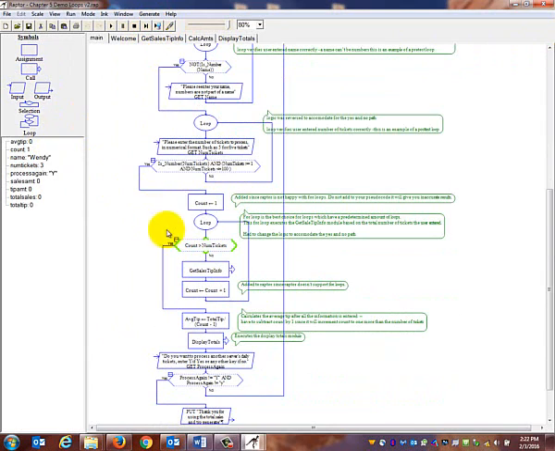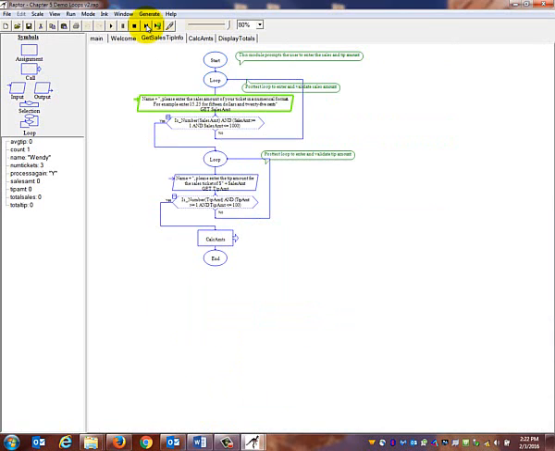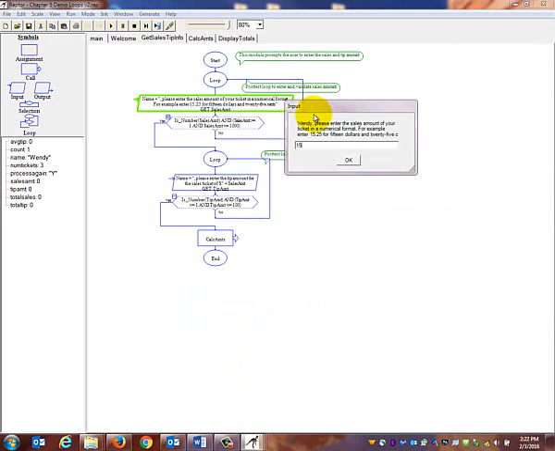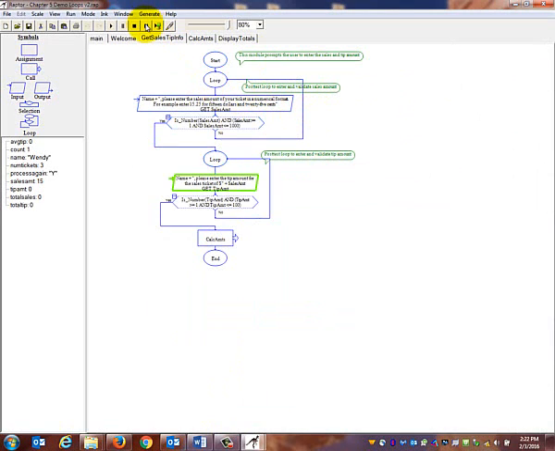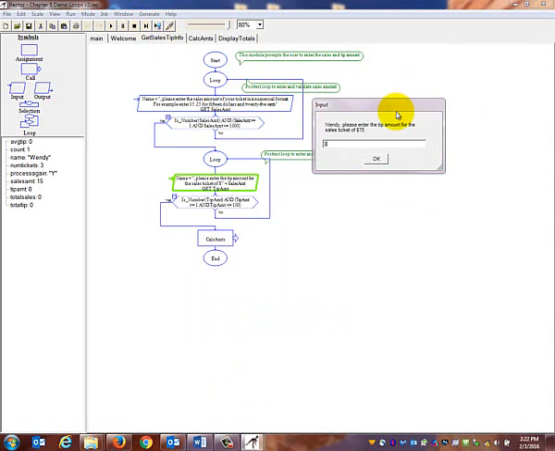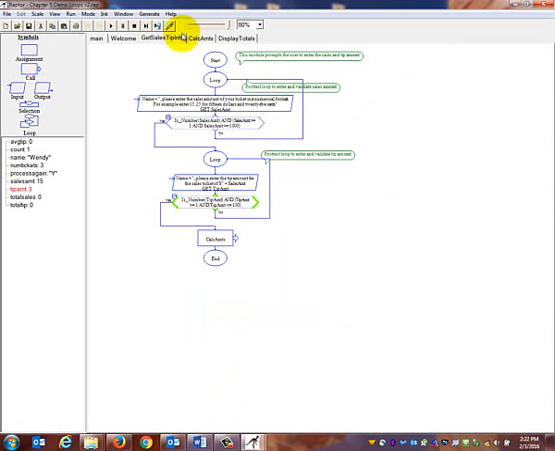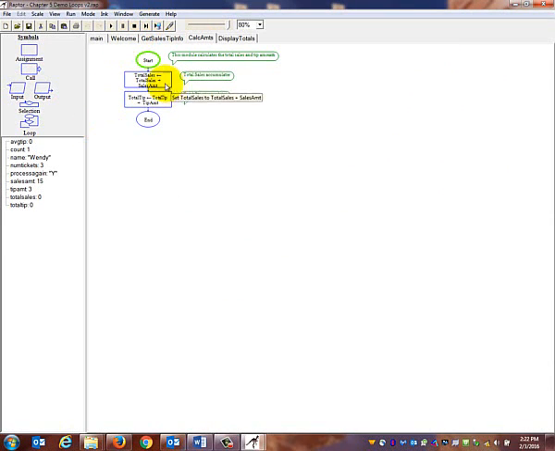Step into it again. It's going to compare that. Count is greater than the number of tickets. Count is not greater than the number of tickets, so it's going to get my sales information. So it's going to enter in 15. And then my tip amount for that was 3. It validates the numbers, it validates the ranges, and then it starts my